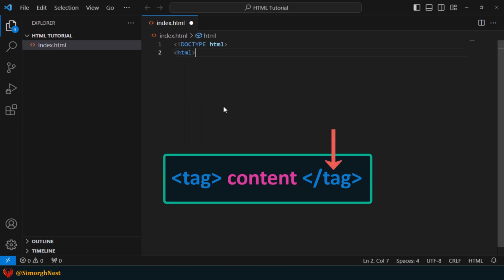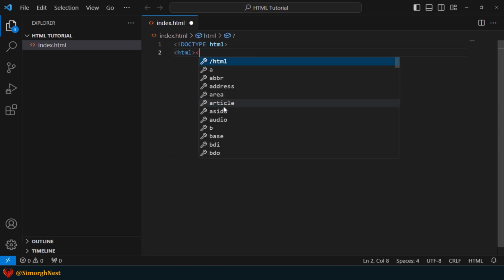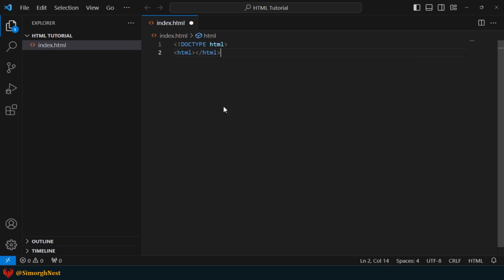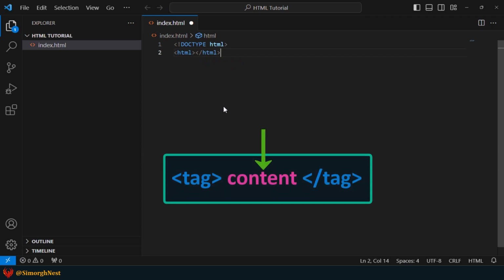The second part is the closing tag. This is the same as the opening tag, except that it includes a forward slash before the element name. This states where the element ends. Okay, let's say opening angle bracket, forward slash, HTML, closing angle bracket. Okay, the third part is the content of the element.